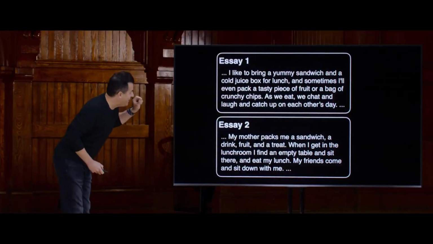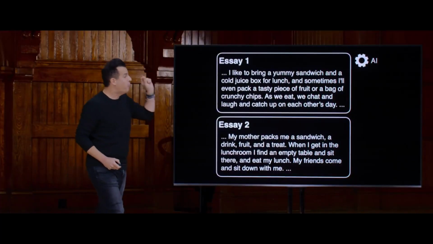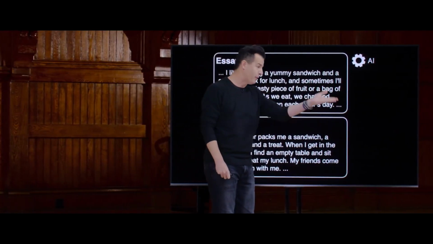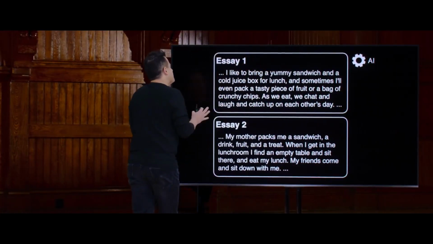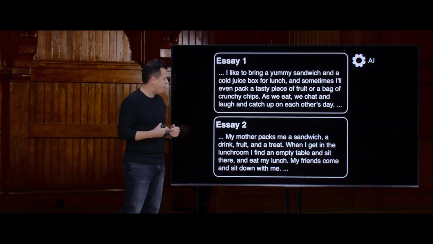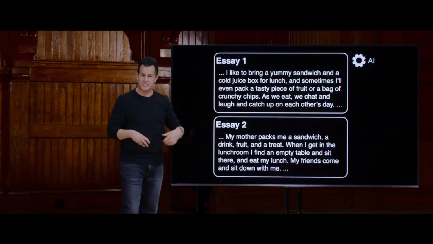The answer here, in fact, is that essay 1 is the AI because, indeed, essay 2 is more akin to what a 4th or, if I may, a 5th grader would write. And I dare say there are maybe some telltale signs. I'm not sure a typical 4th grader or 5th grader would catch up on each other's day in the vernacular that we see in essay 1. But suffice it to say, this game is not something we can play in the years to come because it's just going to get too hard to discern something that's AI generated or not.